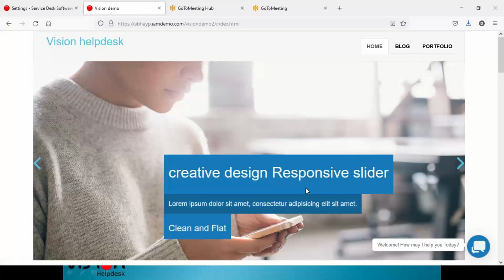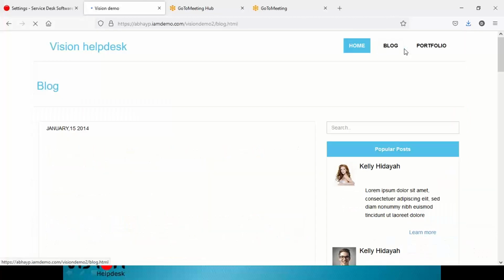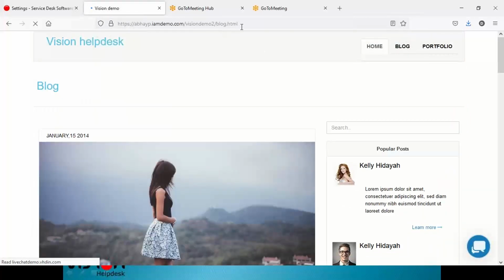On this particular page, you can see this message has popped up. Now let's say I change the page URL. Currently I'm on the blog page. So over here, it's loading, and you'll get to see a different message. Here you can see an entirely different message has popped up. We'll see how you can configure these messages, these eye catchers, from the tool. Okay.